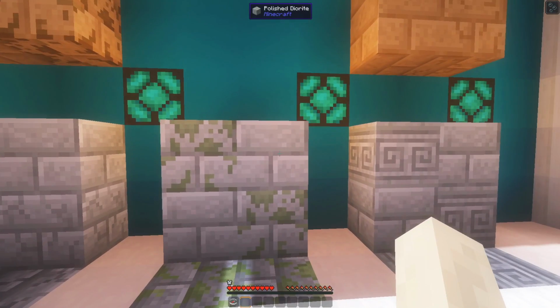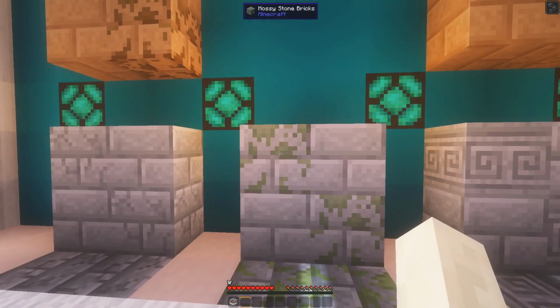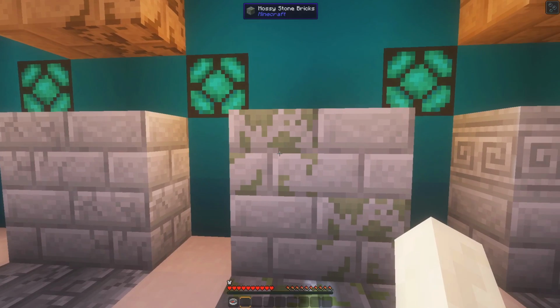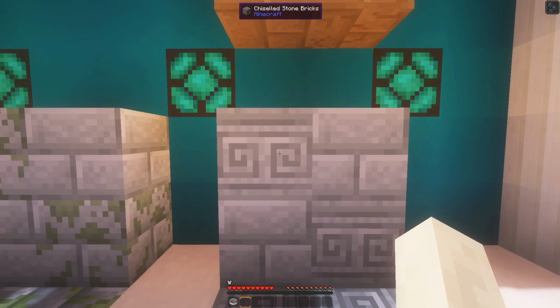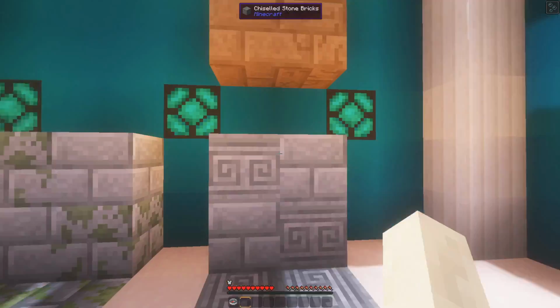So it's pretty much just a variation of the polished diorite with some moss, I guess. And these are chiseled polished diorite. We don't have that normally, but with this texture pack, you actually do have it. In my opinion, it's really insane that a pack like this, using just textures that are already available in Minecraft